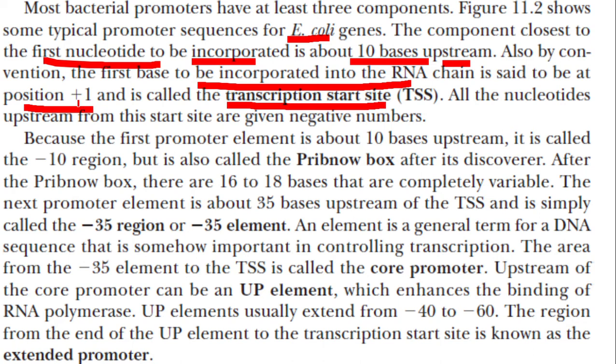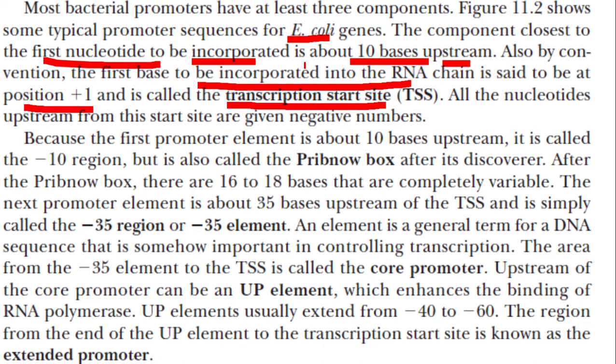From there, if we move to the left, we indicate the nucleotides by the symbol minus, and also the term upstream is used. So from the transcription start site, if we move towards the left from the +1, the symbols given are -1, -2, -3, -10, -20, -30, -50, -100, like that. And also we use the term upstream.